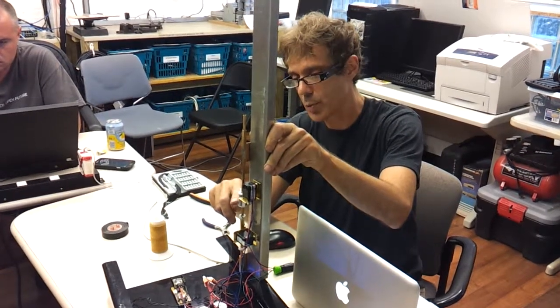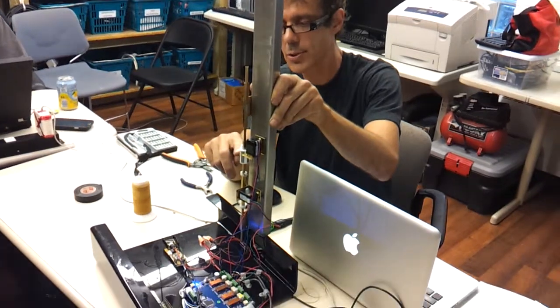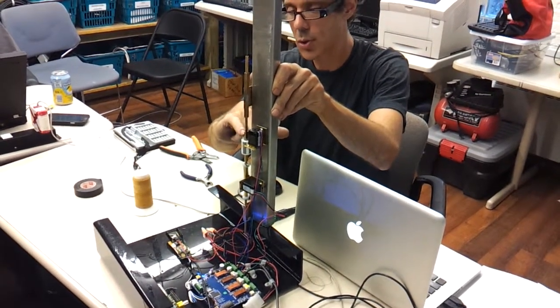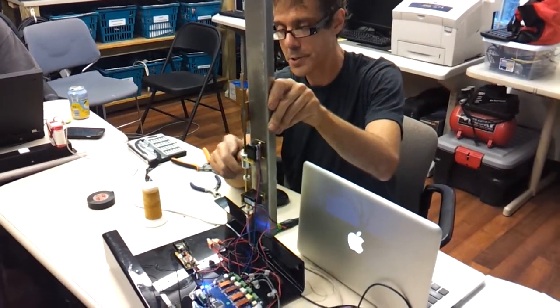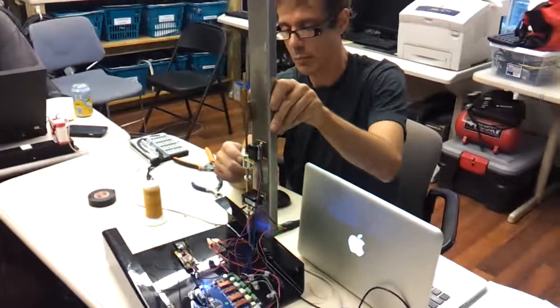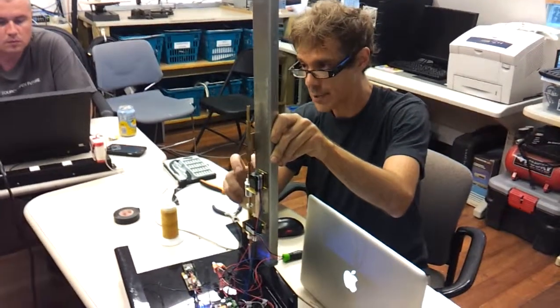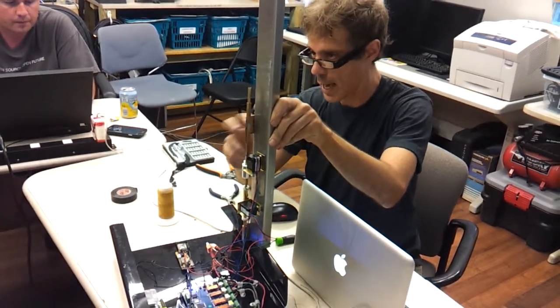So to make the hole square, I cut this on the outside. I got the diameter the way I wanted it, and then I cut the inside. I drilled the inside as close as I could to the square brass, and then I got a really good fit, and I pressed the brass in there. And then inside of the brass, there's a round piece of tubing that's soldered on the inside, and it actually fits